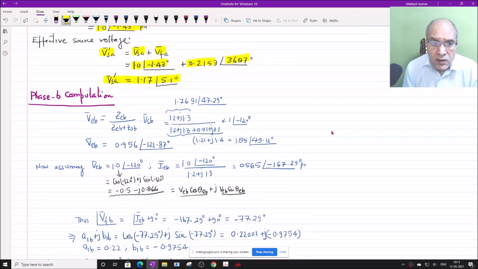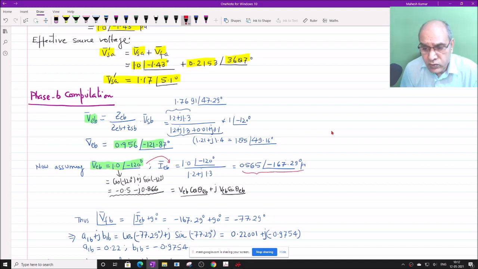Phase B, we calculate first similar to that BLV, and then from BLV we find that there is a reduction of voltage by 0.05%, it is 0.956 angle of minus 121, but we want BLV as 1.0 angle of minus 120 degree. Okay, so we calculate the current first. What is the current for this voltage, this one, ILV, and this current has to flow from source to the load. Okay, and therefore we will solve the DVR equation for this load voltage.